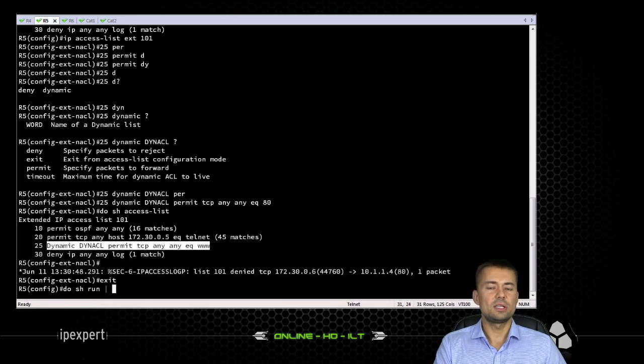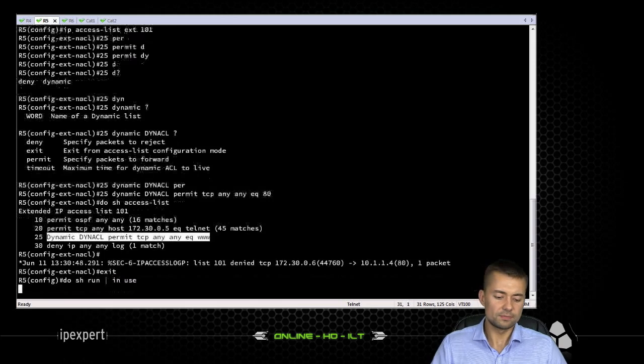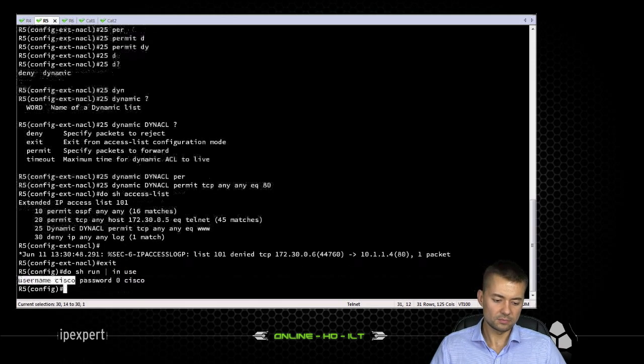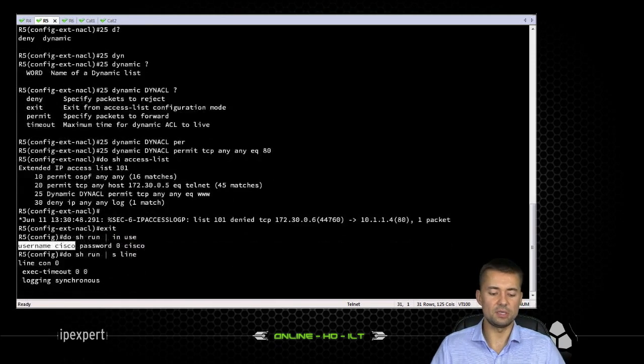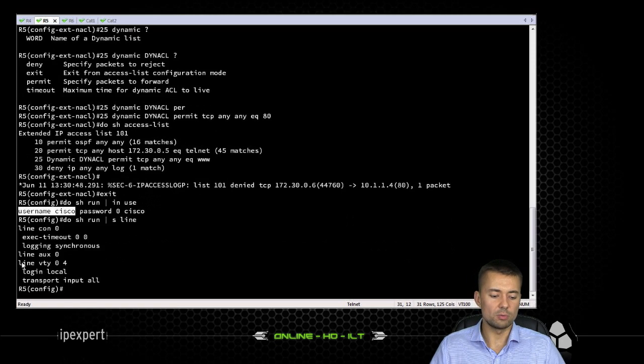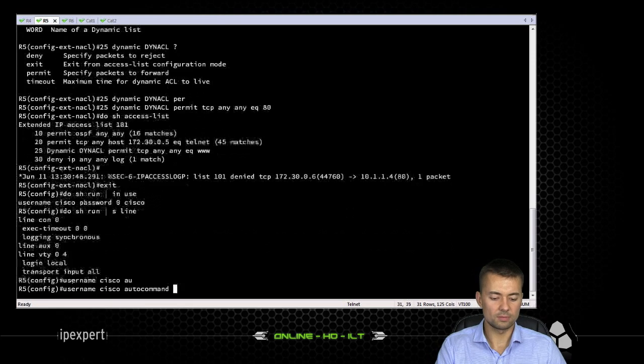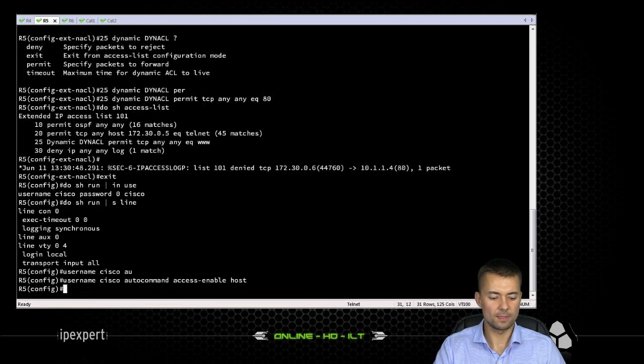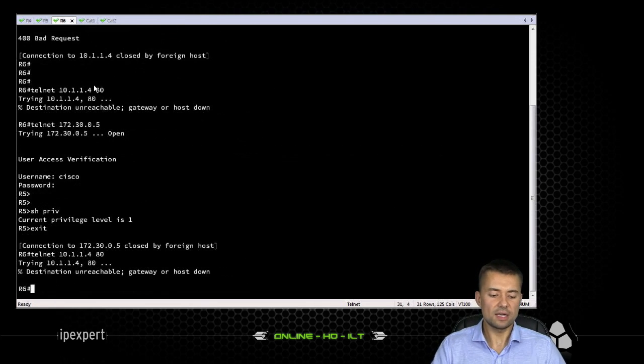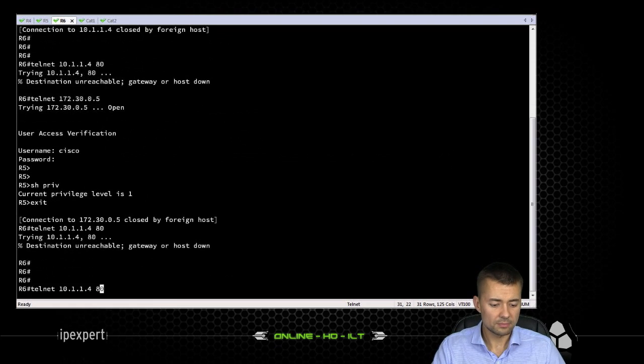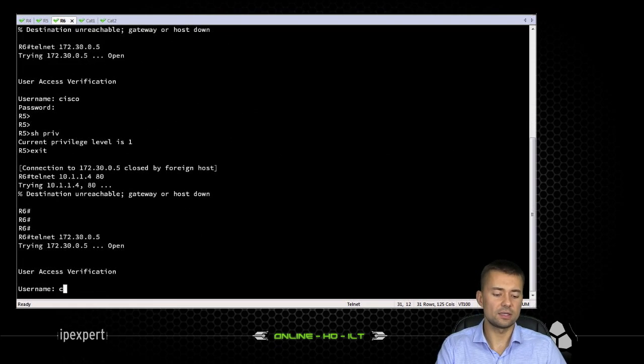And I said that we can configure the auto command in two places. We can either do this for the user, like for the administrator, or we can designate one of the lines, maybe more than one line, where you will apply that auto command access-enable option. I'm going to do this for the user, so I will say username Cisco autocommand access-enable host, and this means that when I now telnet to the router and authenticate as Cisco,